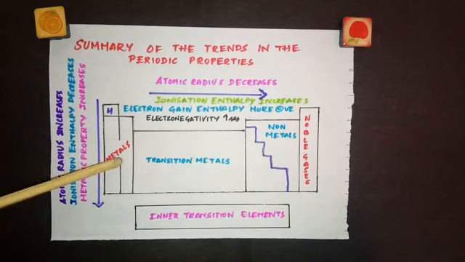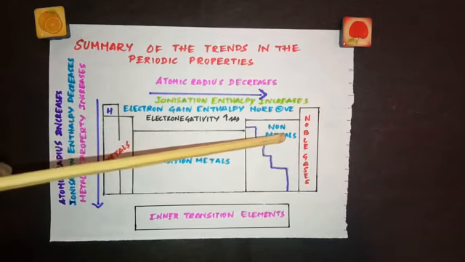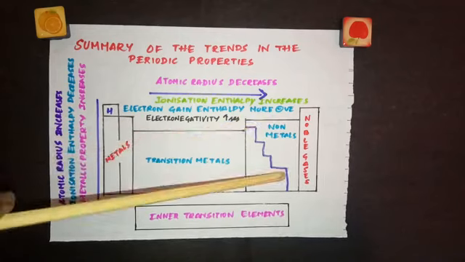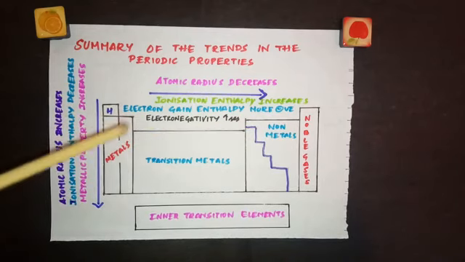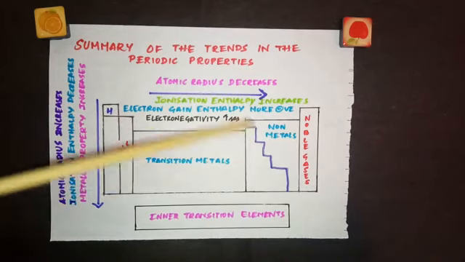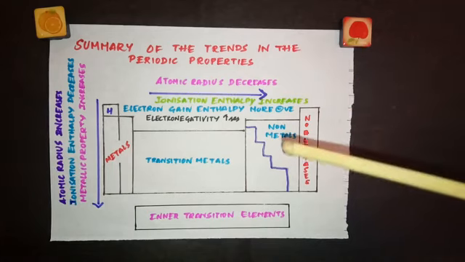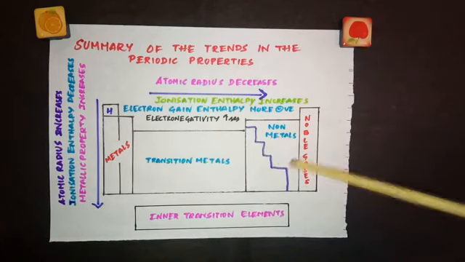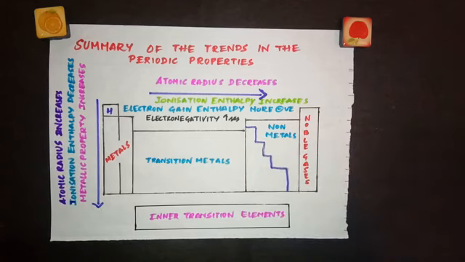So we have metals here and non-metals here. They have the tendency to lose electrons and they have the tendency to gain electrons. So we relate this to electronegativity. What is electronegativity? The tendency to attract electrons in a chemical bond. So here we say the elements here are more electronegative, and here we call them more electropositive.